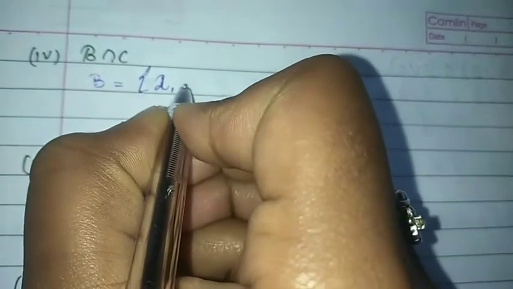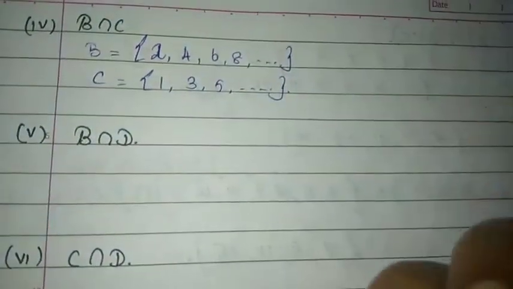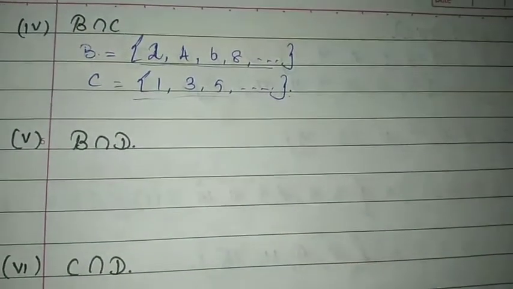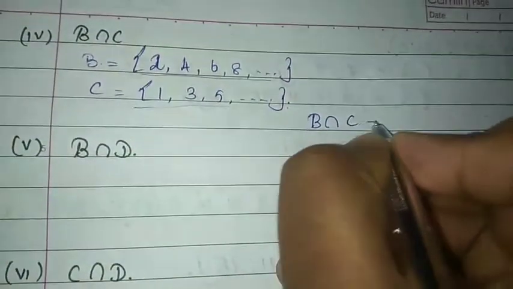Subdivision 4, B intersection C. Okay, so now let's write B is equal to, what is our B? It's the even numbers, isn't it? So 2, 4, 6, 8, etc. Now, what is C? C is equal to 1, 3, 5, etc. So now they have asked what is B intersection C. So B contains the set of all even numbers. C contains the set of all odd numbers. Is there any common element? No, isn't it? So therefore B intersection C is equal to